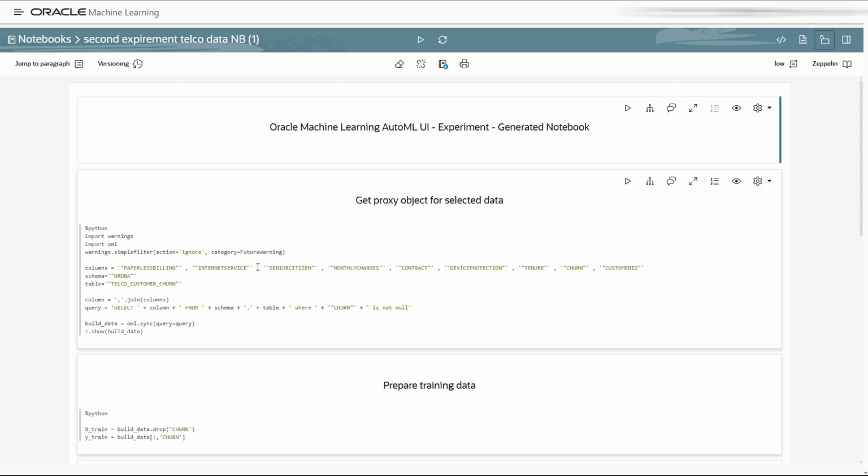Of course, in just a few steps we use strong machine learning and the AutoML user interface to build a powerful churn prediction model. We need some effort to gather all the data in one place and run our experiment.